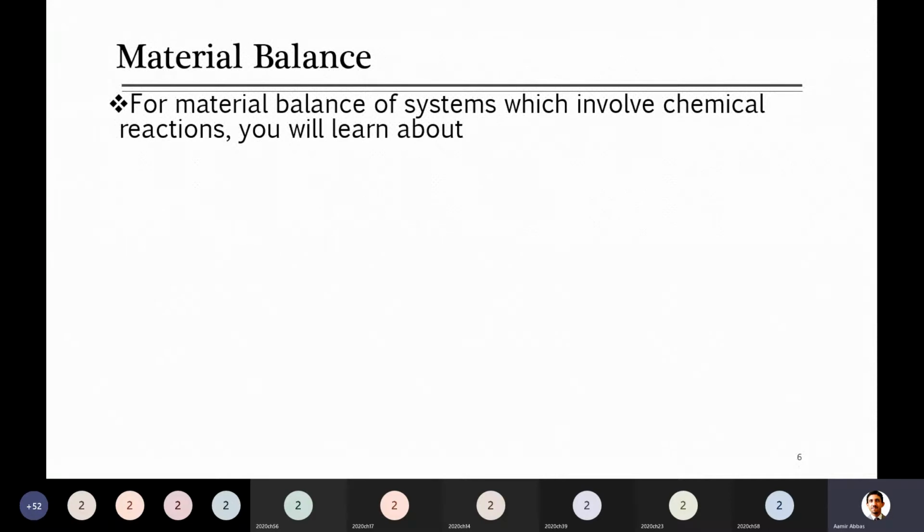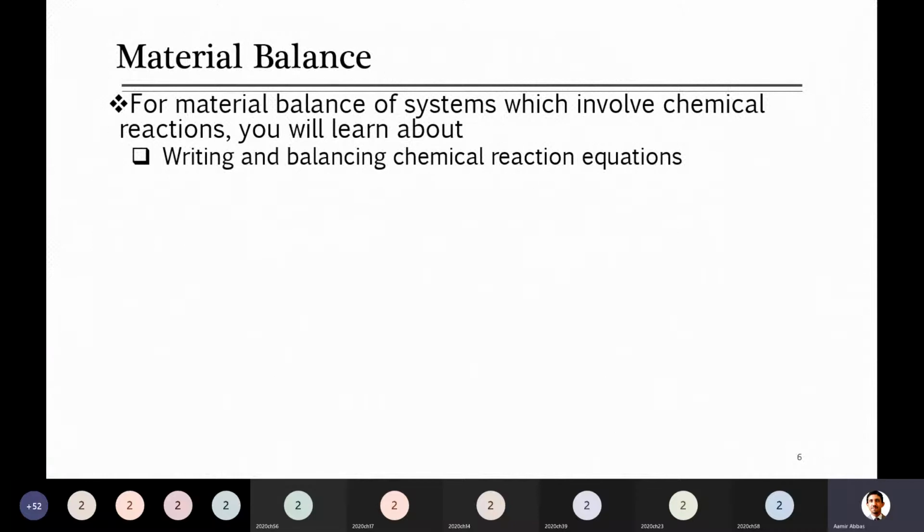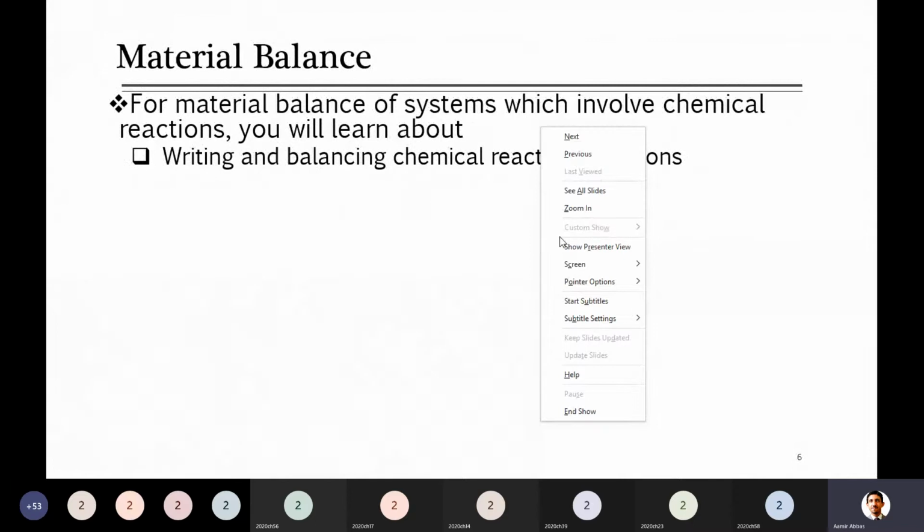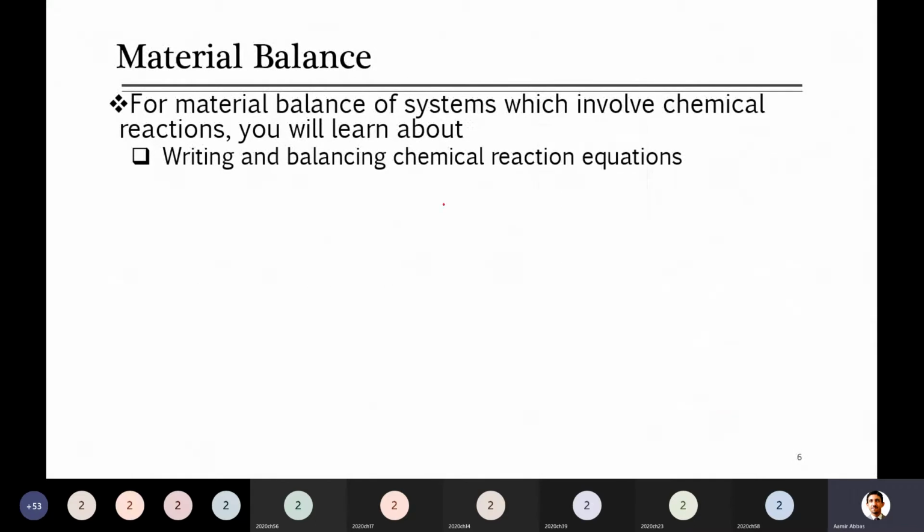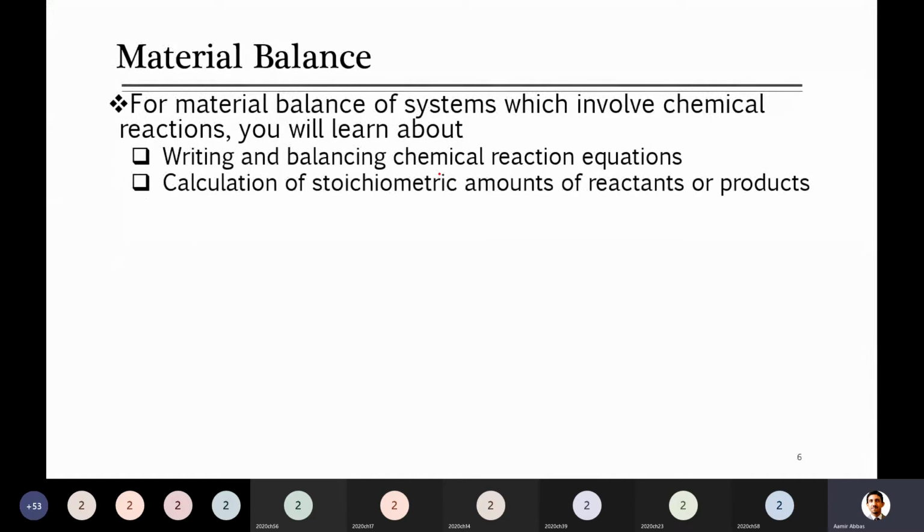study. In this we will be studying, first of all, how to write the equation for balance which involves chemical reaction. The equation is simple, the same equation of material balance: accumulation is equal to input plus generation minus output minus consumption. You will be using the same equation, but here you have to look at those terminologies related to the reaction, one of which we call generation, and the other is consumption. So you have to look at how to adjust them, how to work on them while solving these problems.